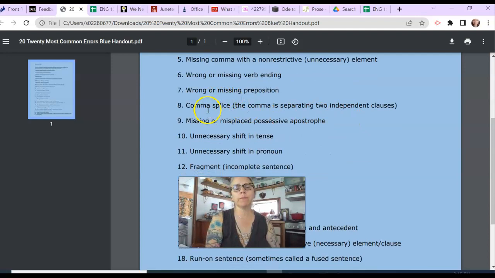But here's a more specific one, a number 8. If you see a number 8 in your draft, it means you have misused a comma to combine or attach or connect two independent clauses, and independent clauses should not be combined with a comma. That's an error that is more academic than creative. You see creative writers using comma splices every once in a while, but not a lot. So some of you tend to, instead of using periods or semicolons or other words that might combine sentences, use a lot of commas when you shouldn't be. So that is a specific error. You'll see the 8 above the comma, and you'll know you need to fix it.